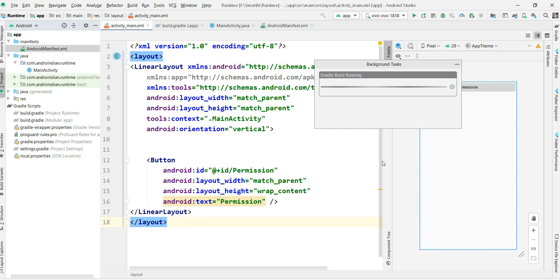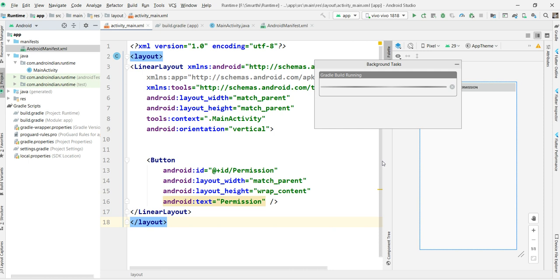Once it finishes, this is the signed APK. You can share this APK with your friends, or upload it to the Play Store. In the next tutorials we'll see how to update the APK, meaning how to update the version, and how to upload to the Play Store. But first we'll complete this.